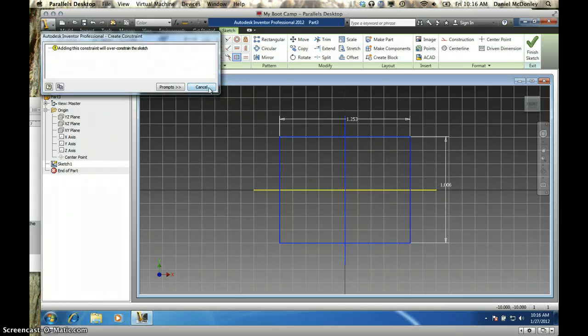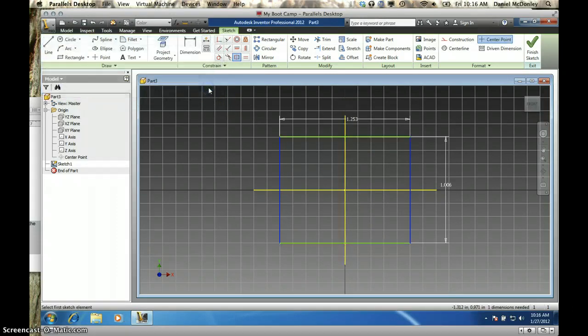This says it's going to over constrain. Usually what happens is we have a whole bunch of constraints that are interfering. This is sometimes annoying, so I'm going to show you how to get out of that. You just click this little box that says show constraints right here and select our whole box. Here we have all of these little things that say, oh, what is all this stuff? Well, these are our symmetric constraint, these are our parallel constraint, this is our parallel constraint, and this is our